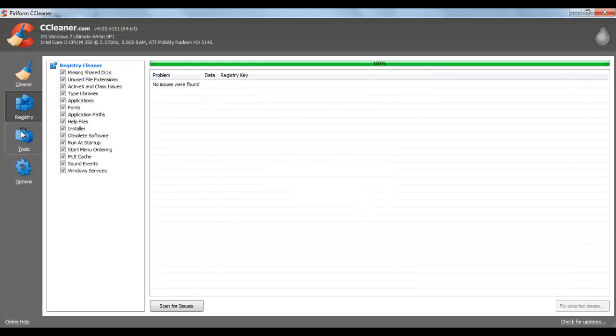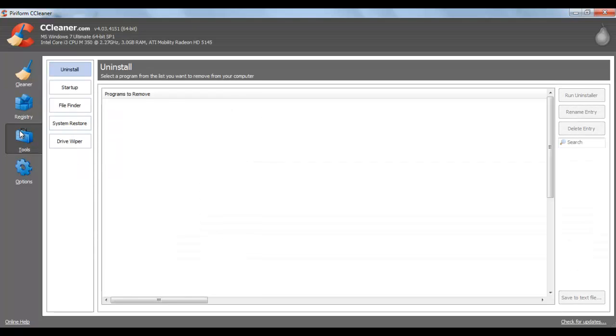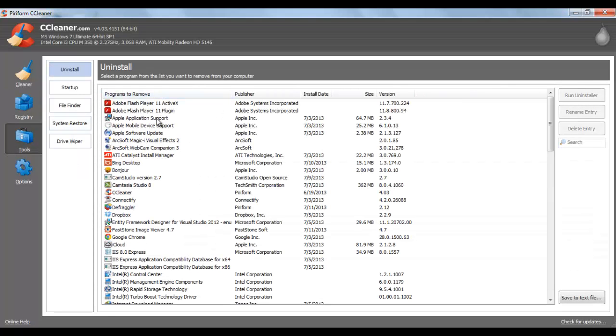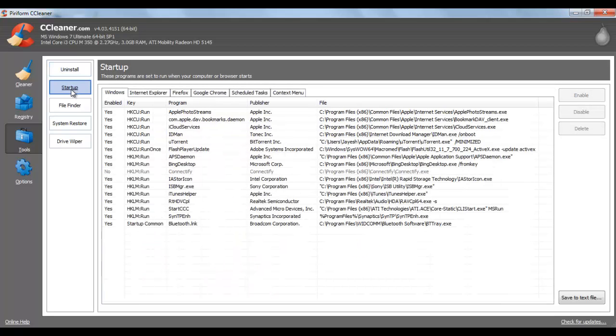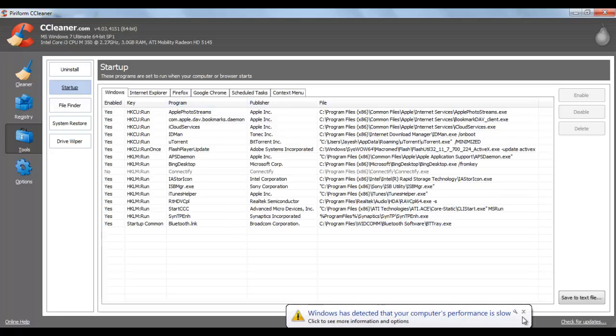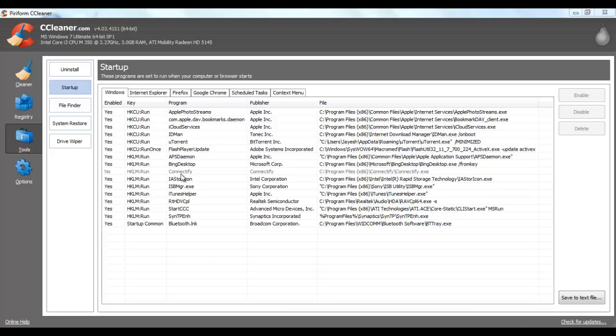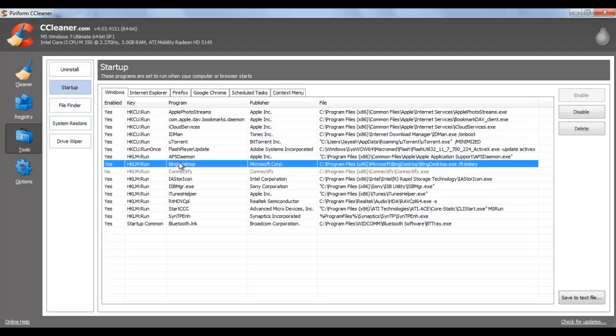The third thing it has is the Tools here, where you can uninstall any application, and here is the important thing, which keeps track of your startup applications. So here you can see I have a lot of startup applications. Whatever application you don't use, just select the application and click on the Disable button.